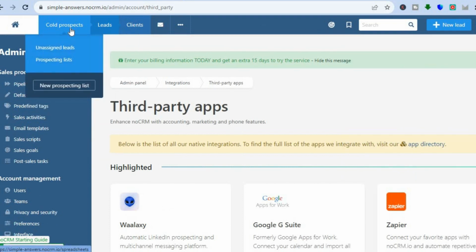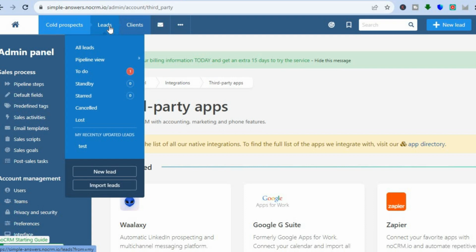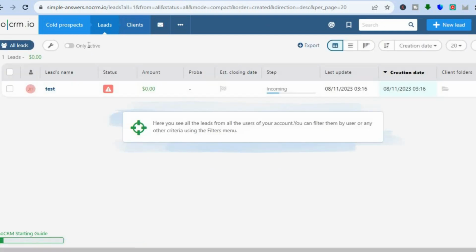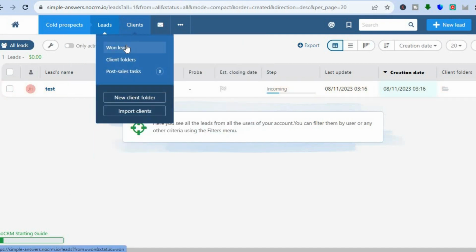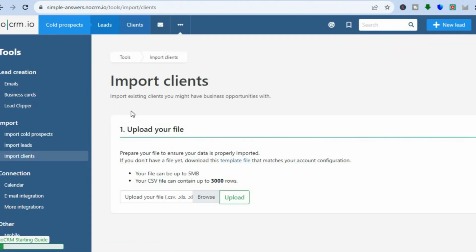Now let's go back. So let's say, for example, we would like to go back into leads. We could tap on all leads right here. Remember, we had created a lead, so you can see how it looks right there. And if we were to hover over clients, you can see you can create a new client folder, or you can import clients by simply tapping on import. From here, you'll be able to upload your CSV file, and it can contain up to 3,000 rows. All you would need to do is tap on browse, search for the CSV file, then you would tap on